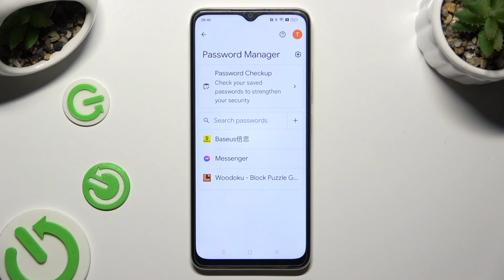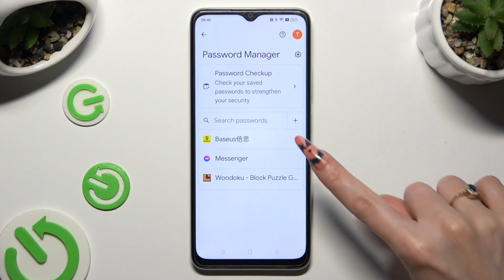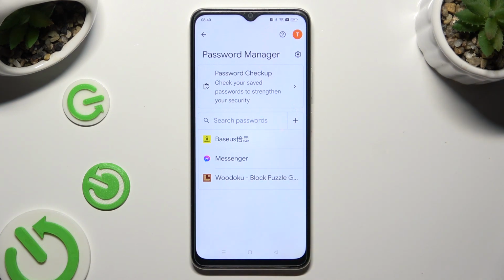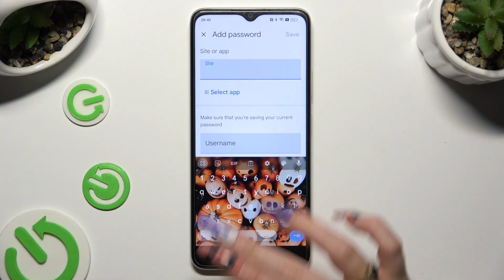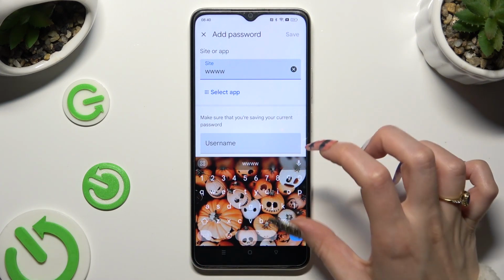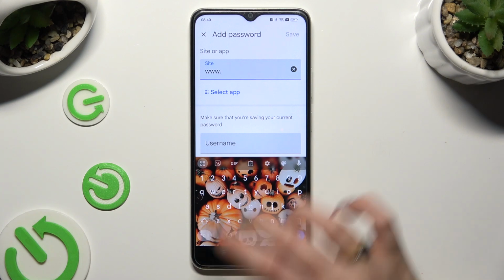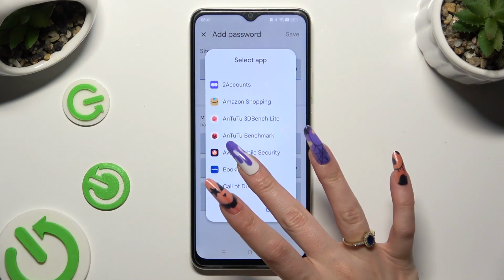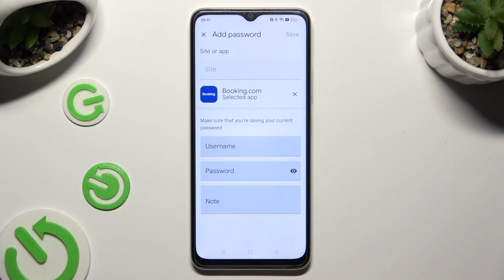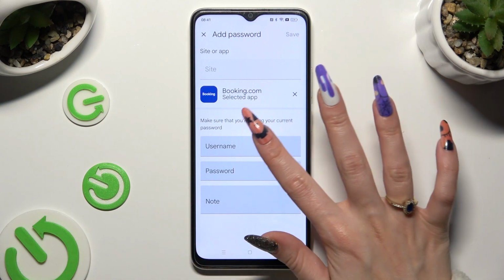need. To do it now, tap on this plus next to Search Passwords. Then you need to input website data, or click on Select App and tap on the chosen one. Then enter your username, email or phone number,